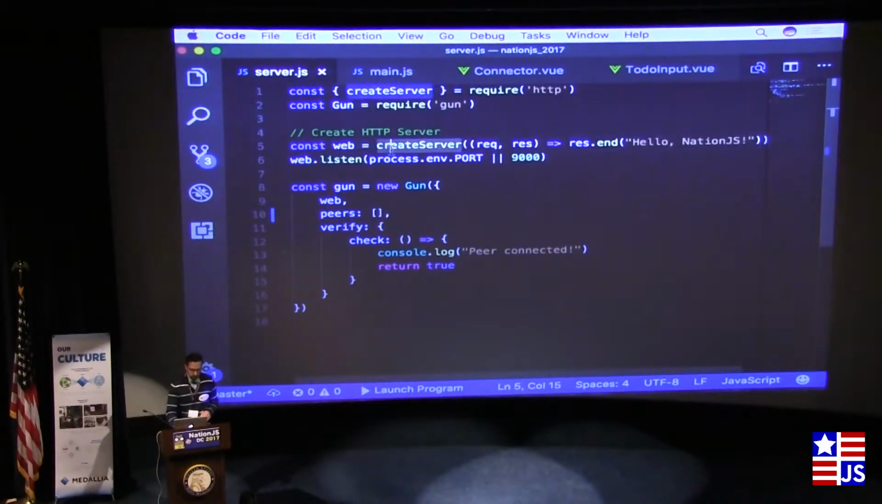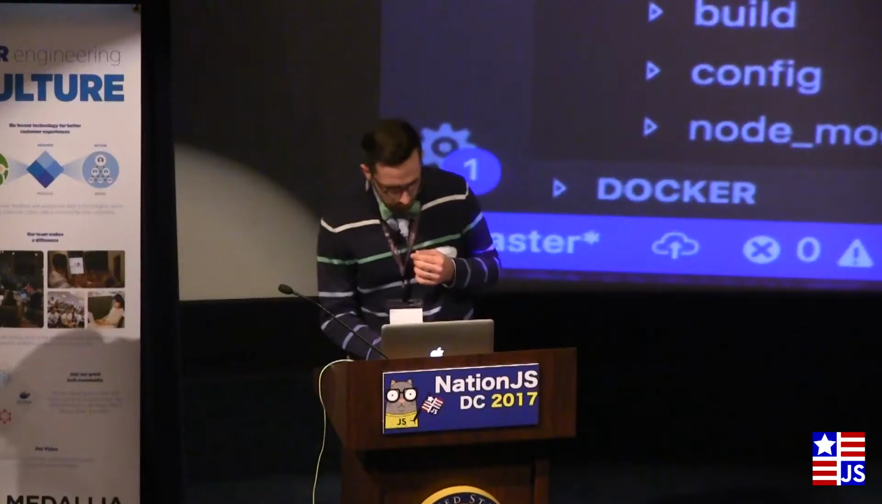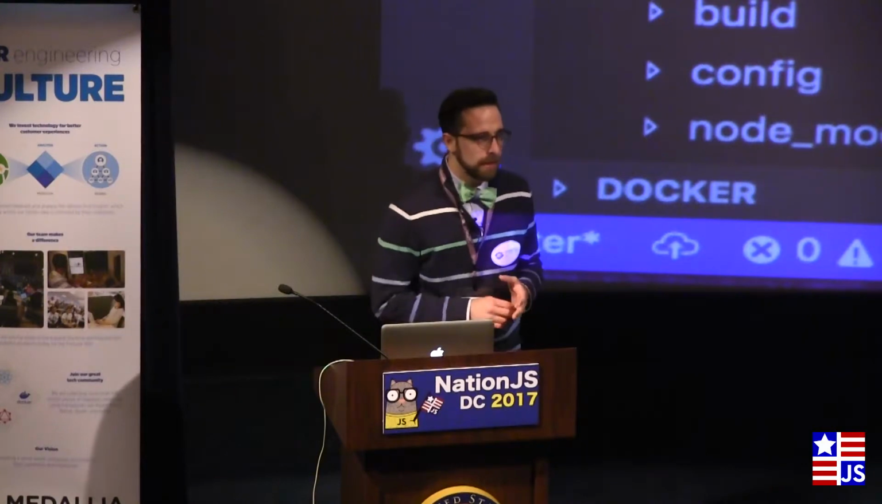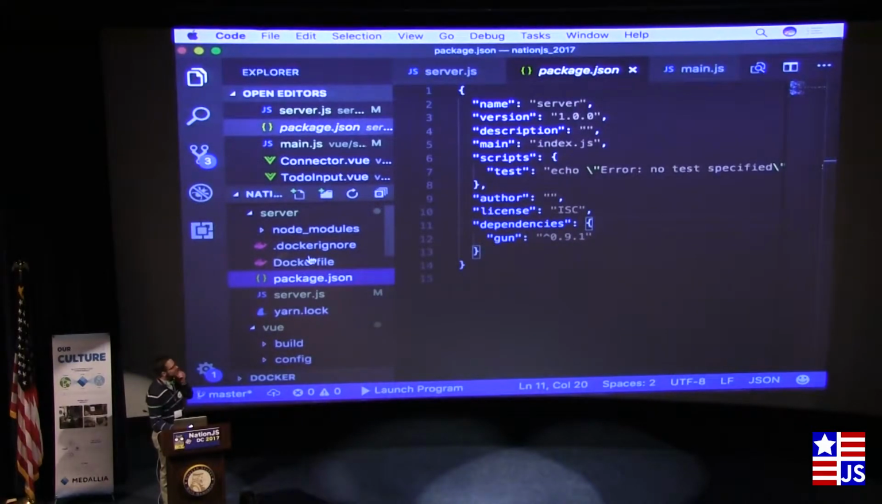All of the code for this presentation is available on my GitHub page. I'll have a link to that at the end of the presentation, so if you do want to check it out, it will be available there. You see, I've got just two folders here: a server folder and a view folder. In this server directory, all I've done prior to this is an npm init to get a package.json, and then I did a yarn add gun to get the most recent version of